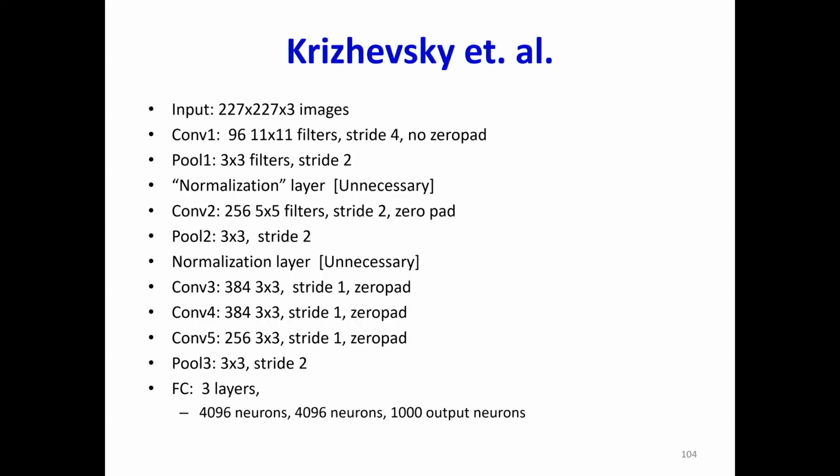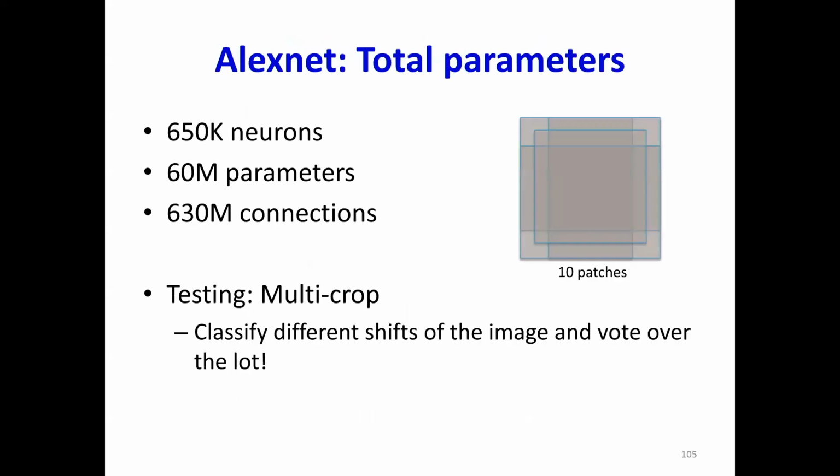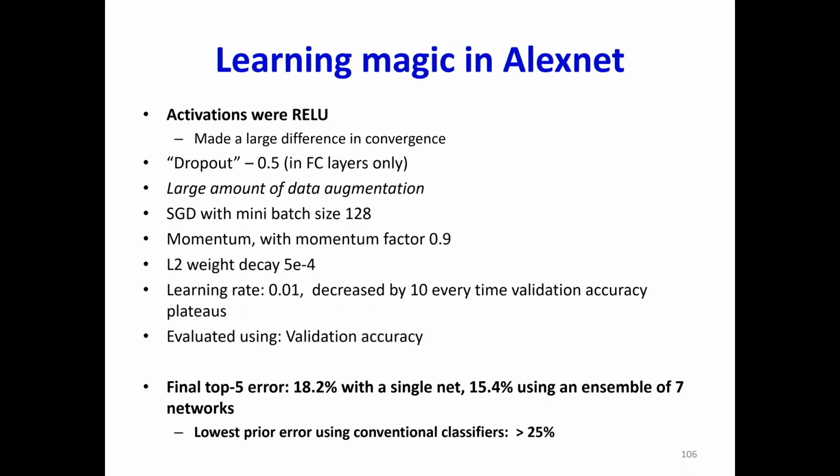And a whole bunch of details on the paper. They also added this additional trick, which you could use in your homework, where when they were classifying any image, they actually cropped it in many different ways, classified each crop independently, and then took a vote. And so that gives you a nice performance improvement. The error rate, which used to be 25%, went straight from 25 to 18.2%, the top 5